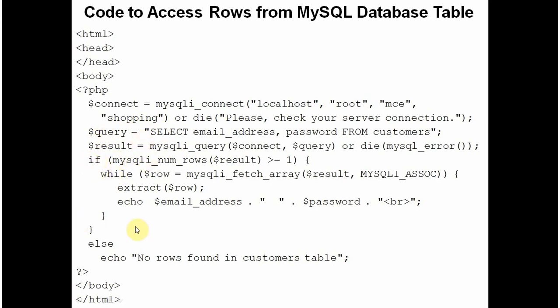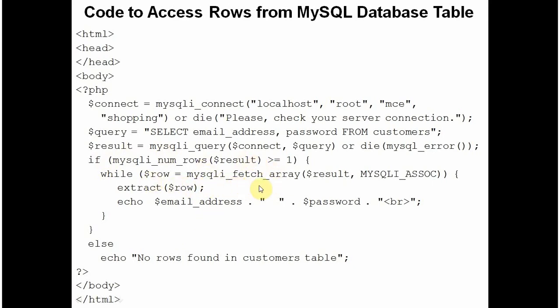Here it is going into an if block, if else. mysqli_num_rows is a method which counts the number of rows in the result set. So it is counting if the result set has one or more rows, then you go into the if block, otherwise you go into the else block. If there are no rows, it will come here and display that there are no rows in the customers table. But if there's even a single row, it will go here. Here inside it, what you're doing, you are